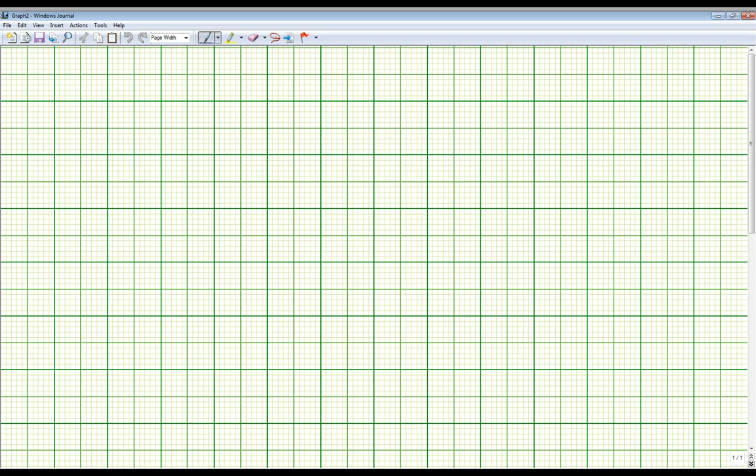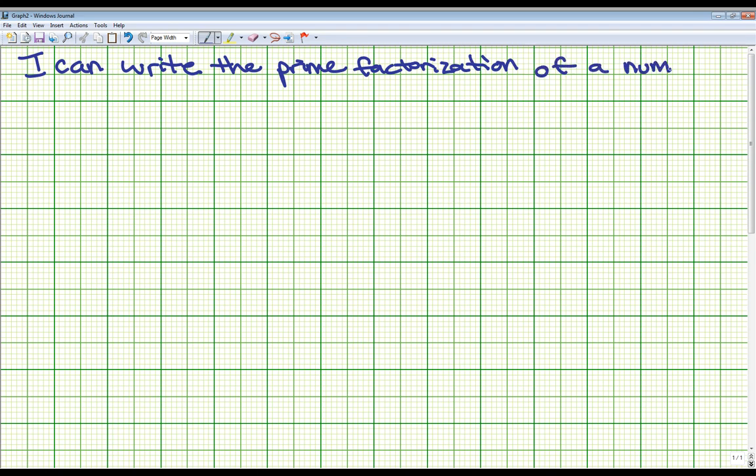So upper right hand of your journals, we'll go ahead and get that in. I can write the prime factorization of a number. Again, just another reminder, you can pause and go back and go forward faster anytime that you need to on